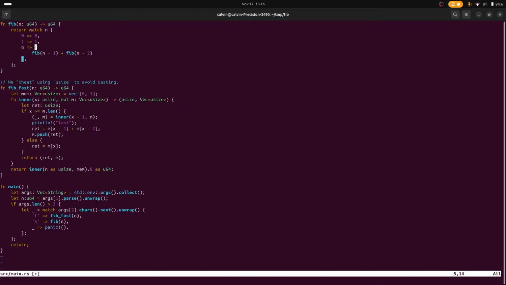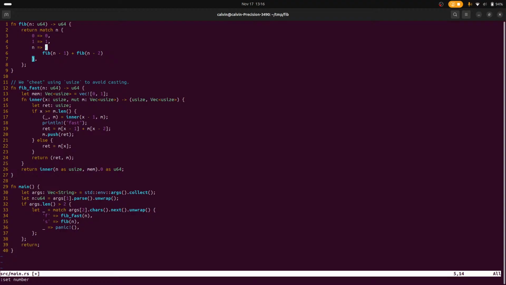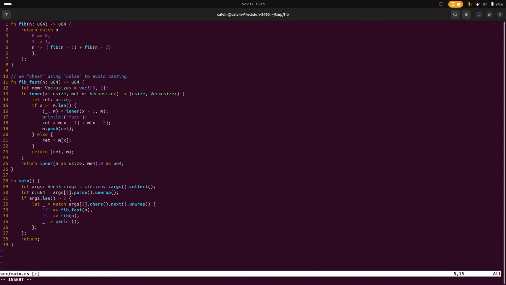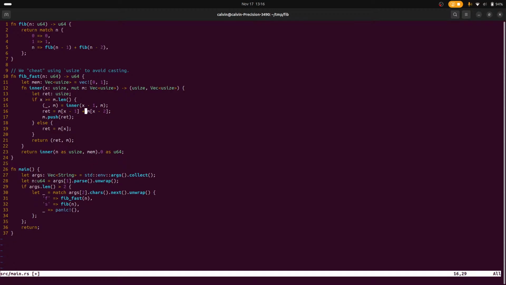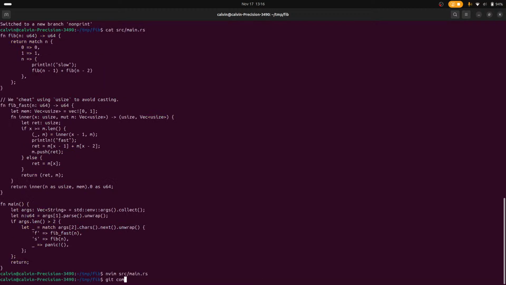In this case, at these lines, which is 5 through 8, or 5 through 7 now, it makes sense to actually remove entire lines. So here we do. Is that right? Okay. And then down here, we just remove this line. And so I'm going to git commit,